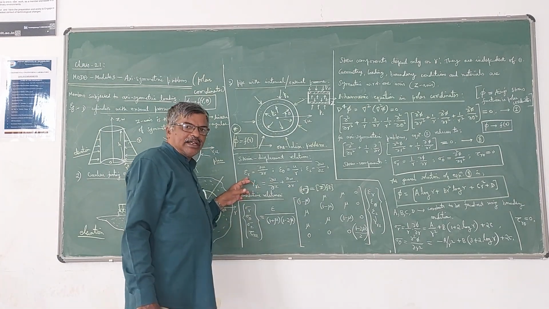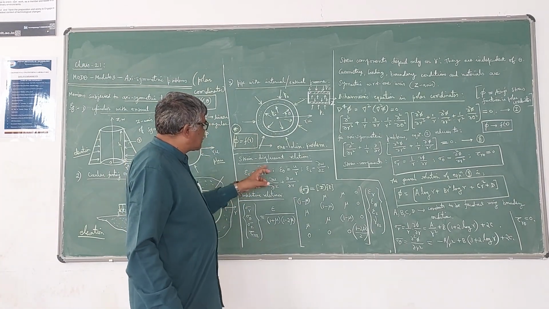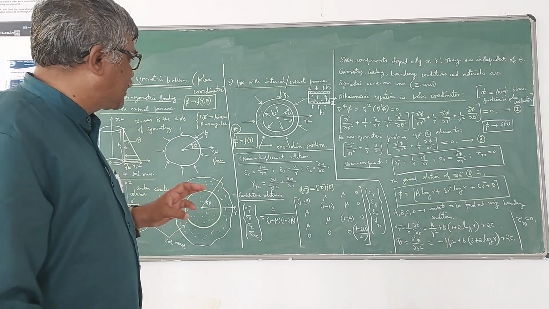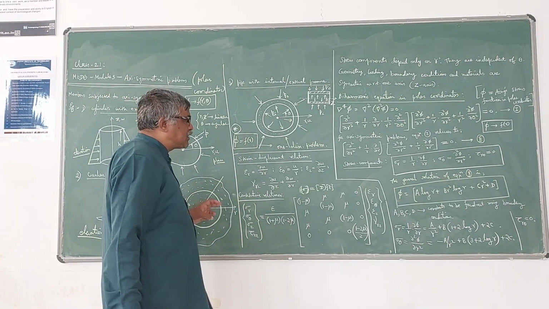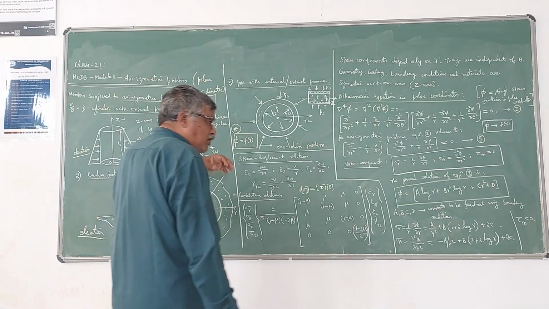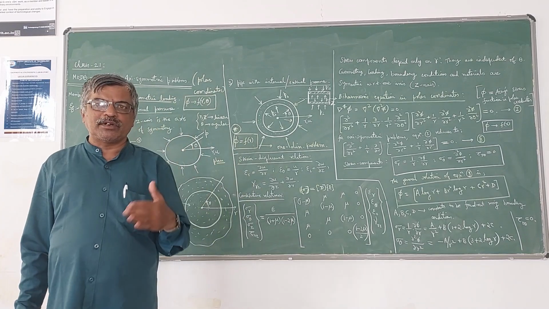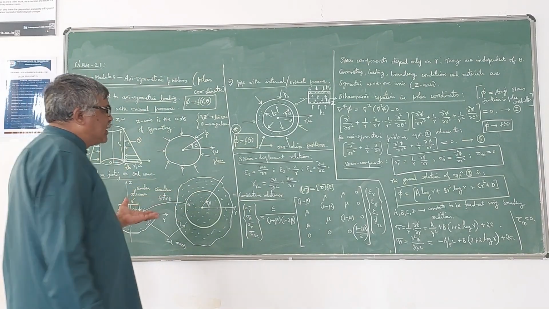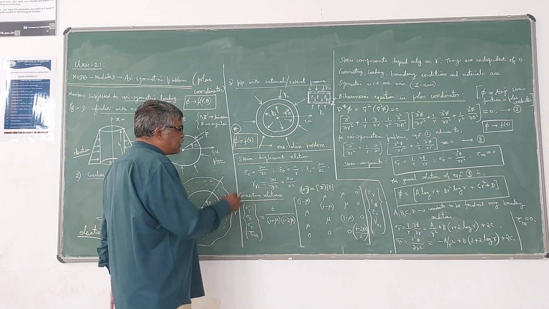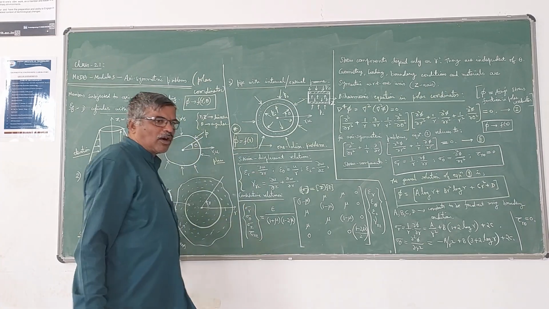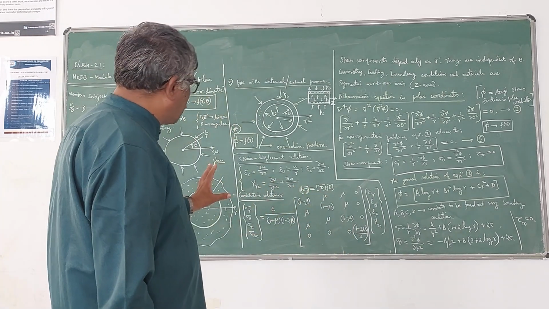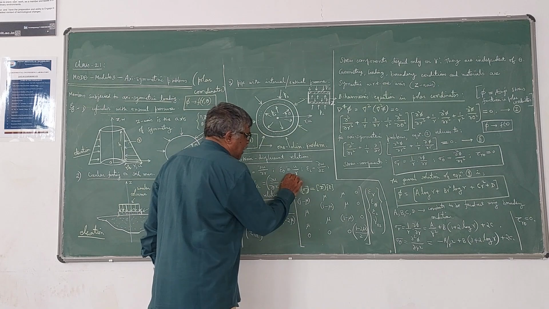So epsilon r is the strain in the radial direction, which is given by dou u by dou r. Please note that u is the displacement along the r direction, v is the displacement along the theta direction, w is the displacement along the z direction: u, v, w. In the case of Cartesian coordinates, u, v, w are the displacements along x, y, z directions, whereas here they are the displacements along r, theta and z directions respectively. And in the case of cylindrical coordinates, we take only these four as the strain components.